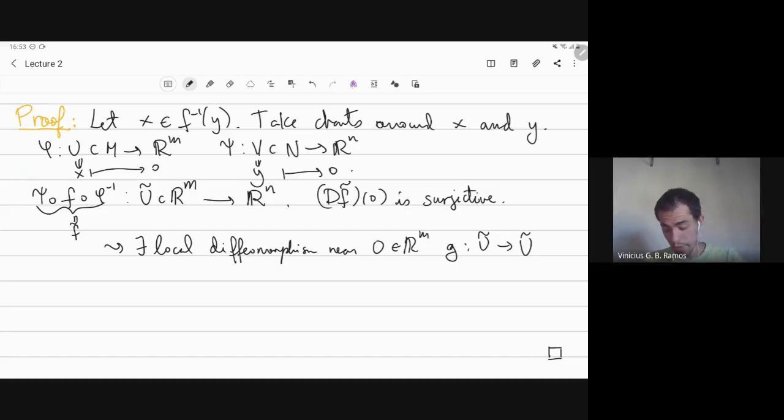Well, let's just do it like this. So this is a local diffeomorphism such that when you compose f tilde with G,